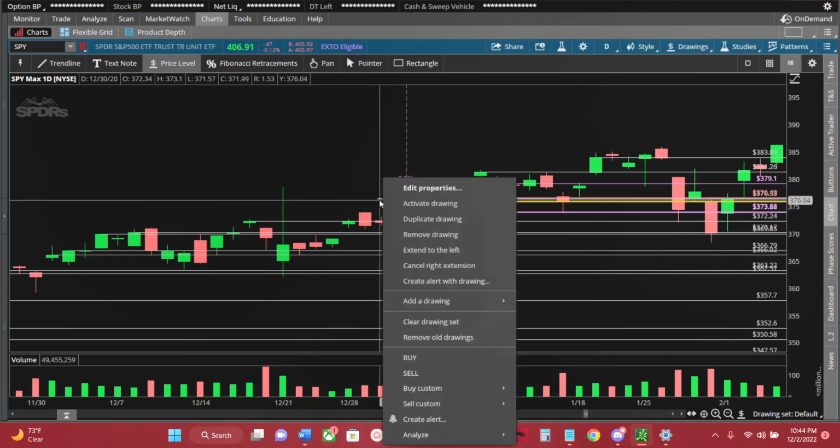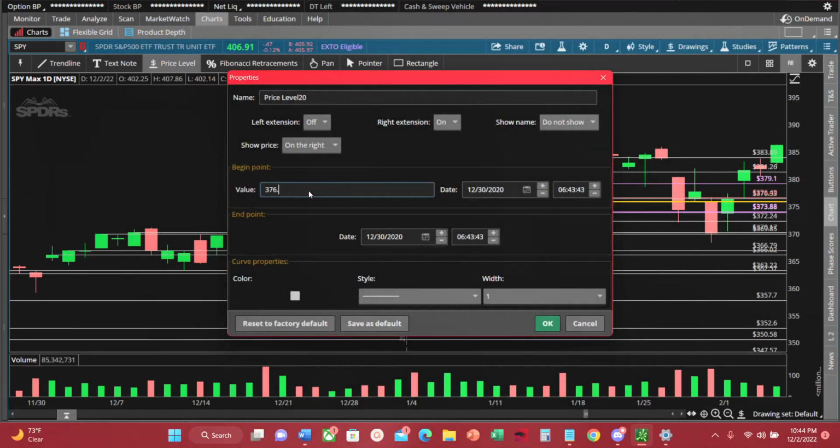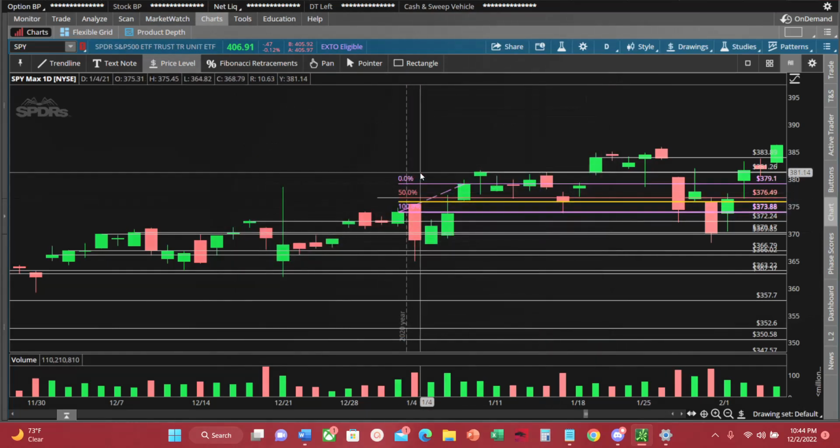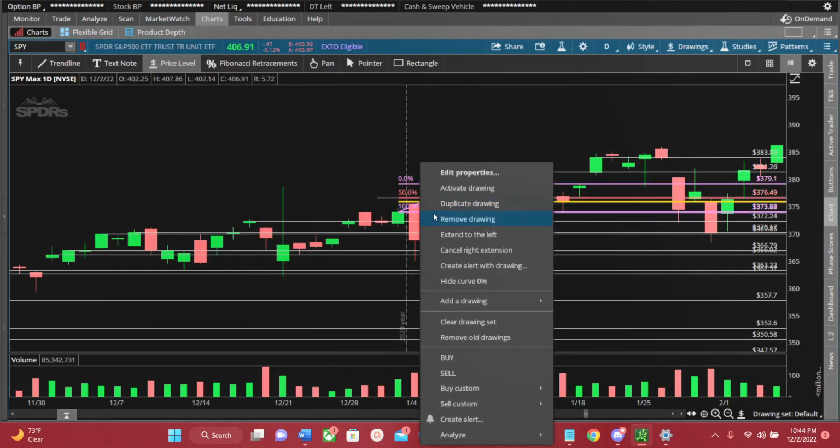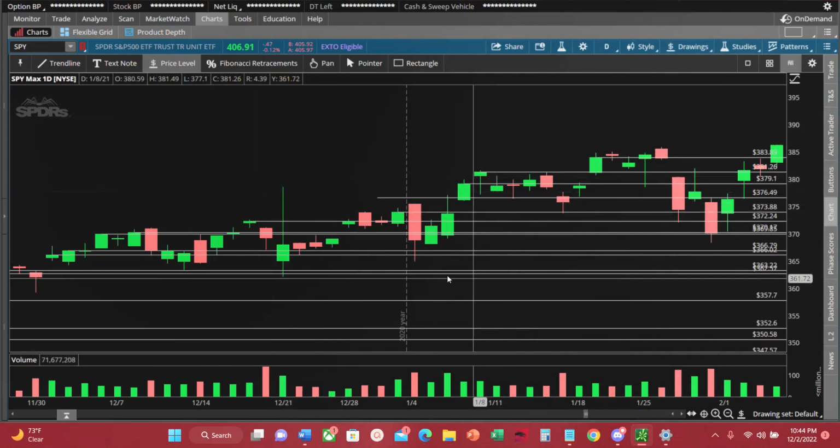I think I missed that. I did pretty badly too. Anyway, just do that. Now we remove the fib. Now we've got a midpoint, and you see,